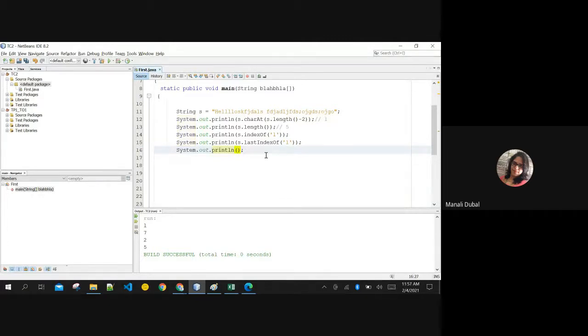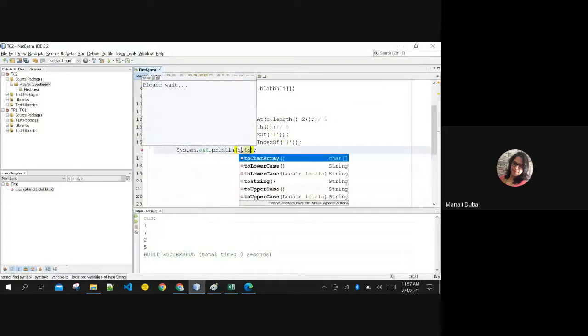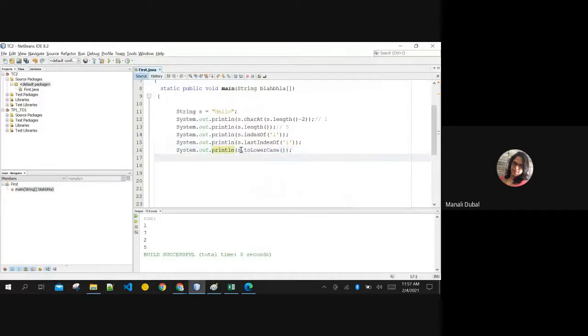This is a very big string. If I want to convert this to complete lowercase, I can do this. If I want to convert the string to complete uppercase, that also I can do. The functions are toLowerCase and toUpperCase. Case sensitivity, okay? U and C capital, all caps, all small. But there is something I want to show you, not now. Let us do the functions first, then I will show you that this is not altering the actual string. This is not getting changed. I'll show it to you later on.